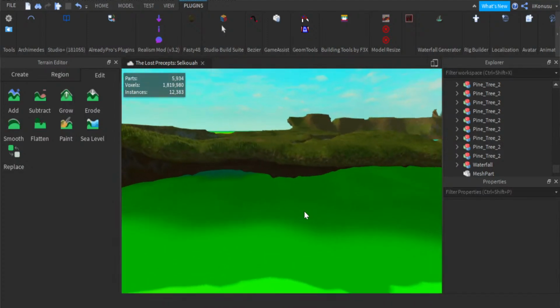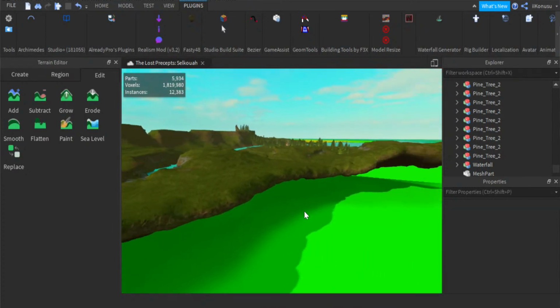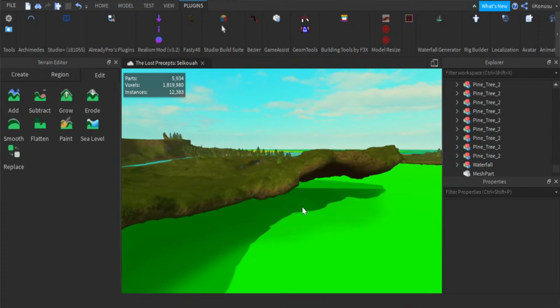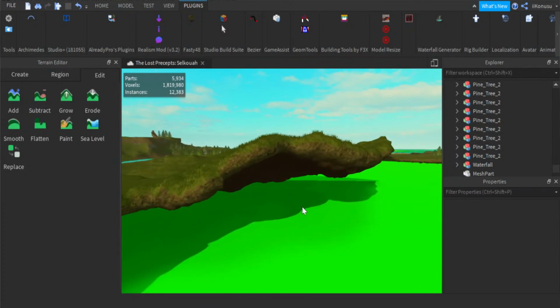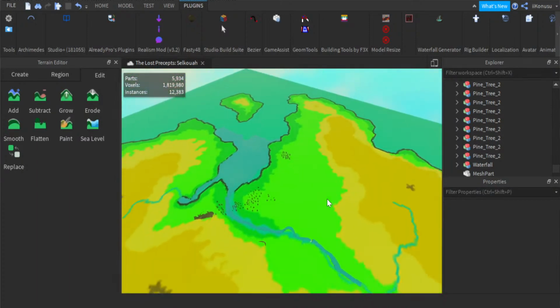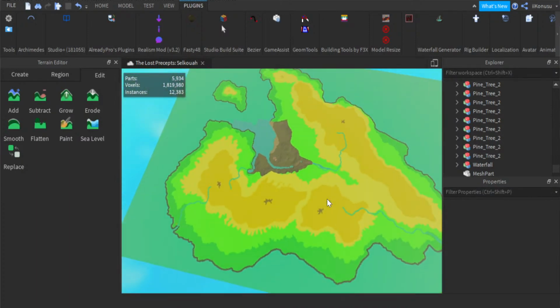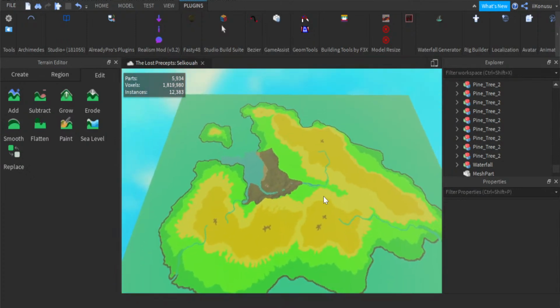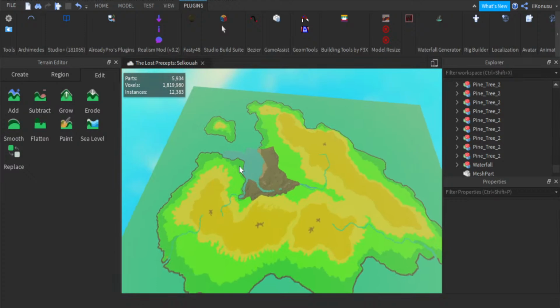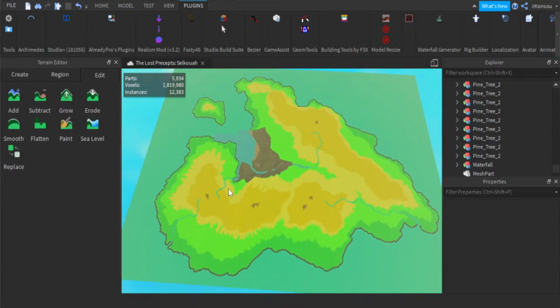To build terrain as smoothly as possible, because if you do that, by the time your map is done, it's going to be super efficient. The game's going to be able to run extremely fast. And so, not realizing when I first started on this project, I used that blocky style of terrain building,